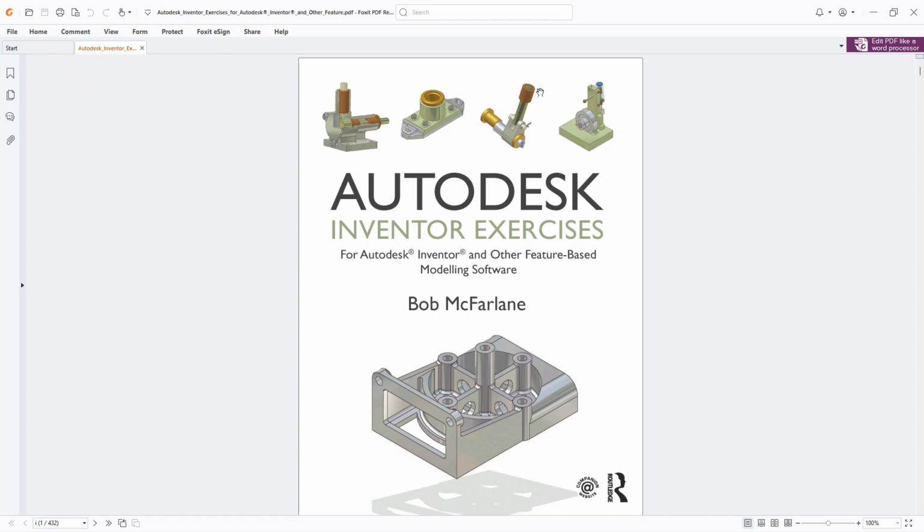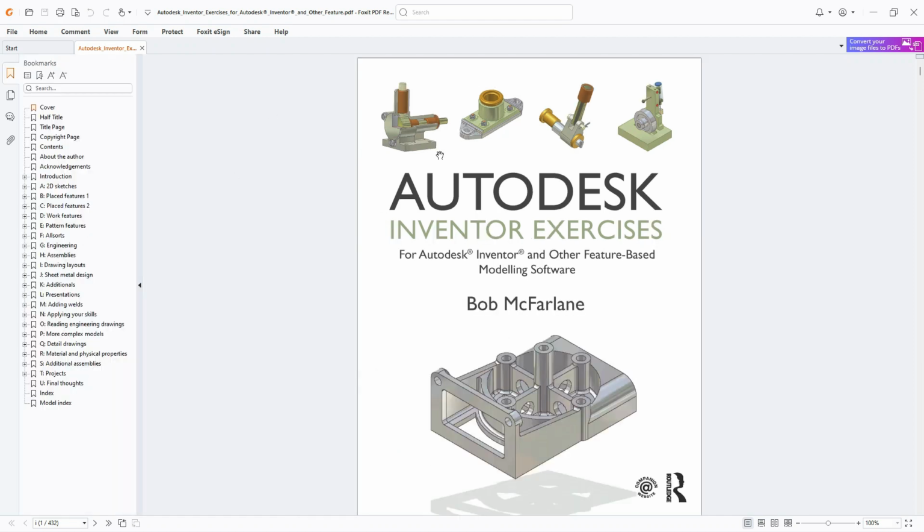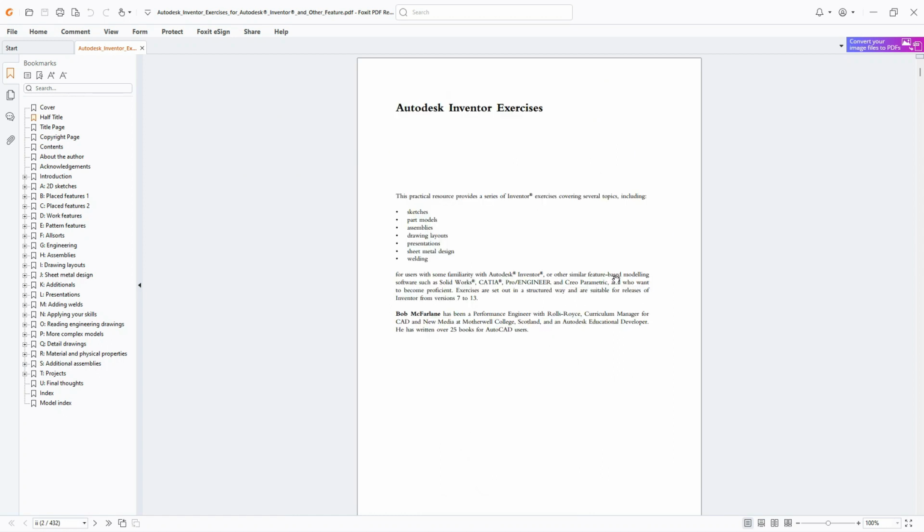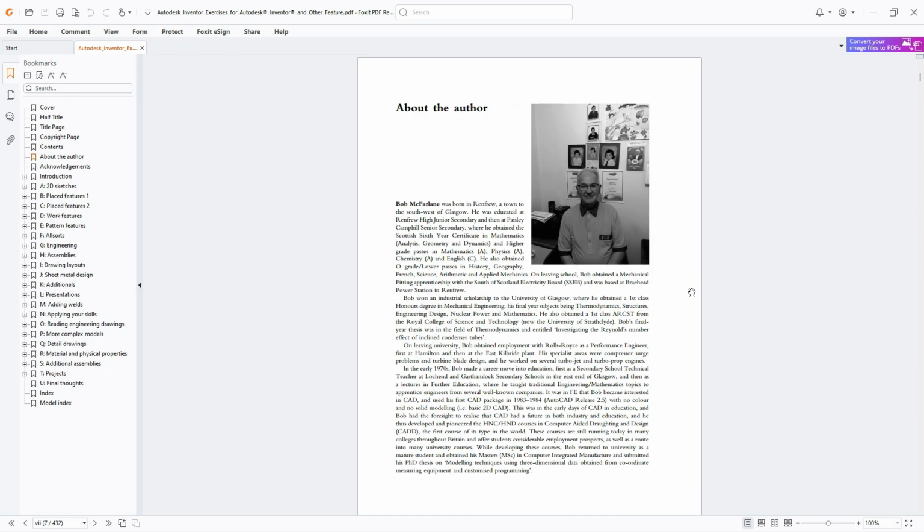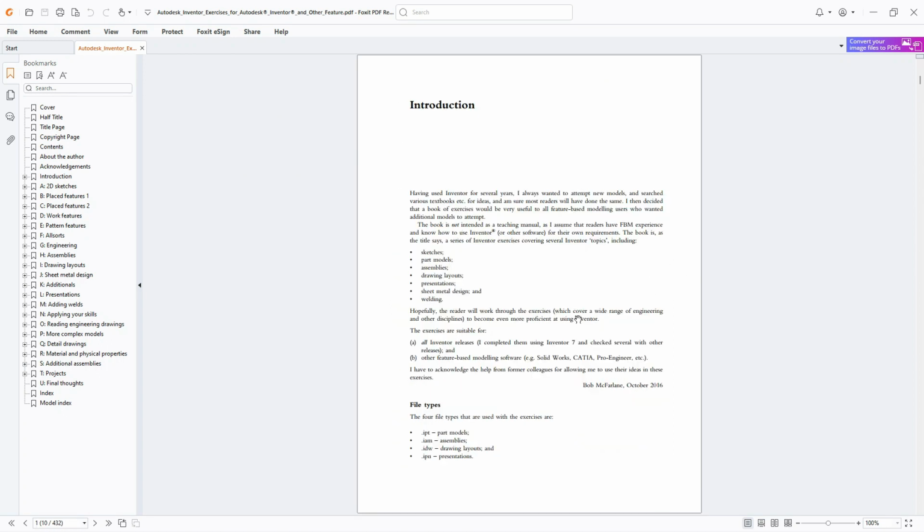Good day, guys. We are going to be running a three-way tutorial video based on this textbook, and as you can see, it is majorly for Inventor, but we would also be practicing with